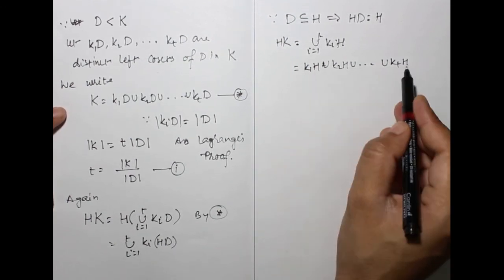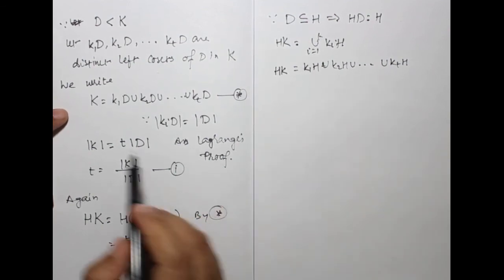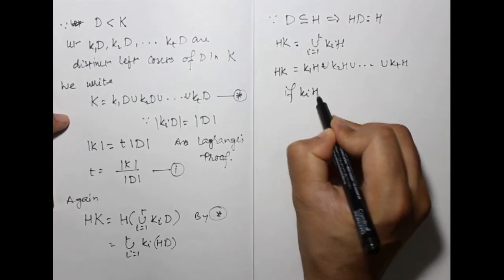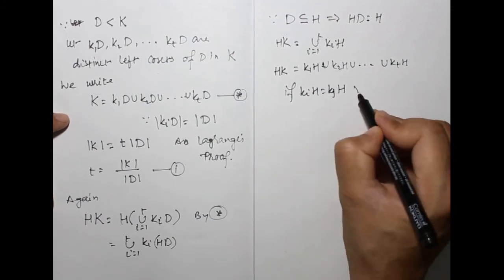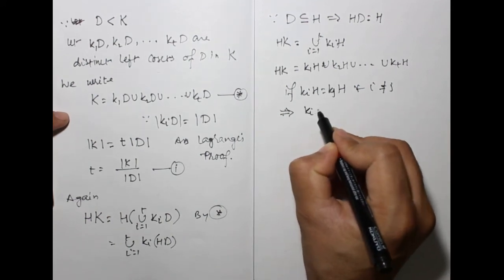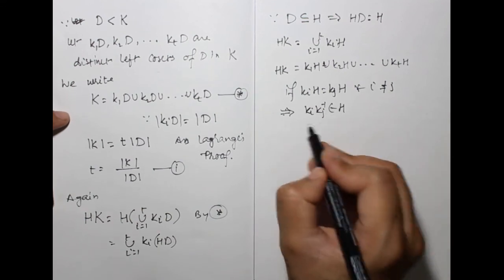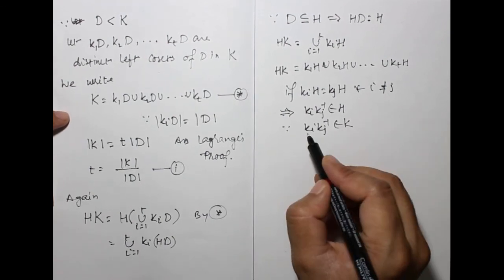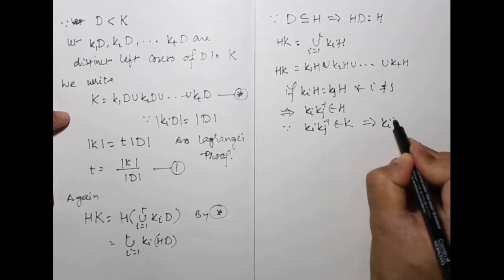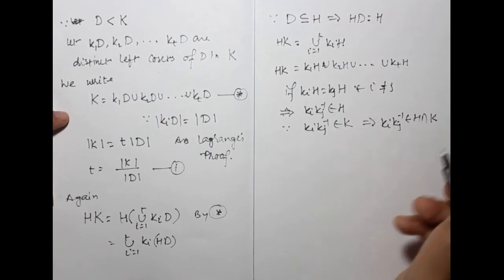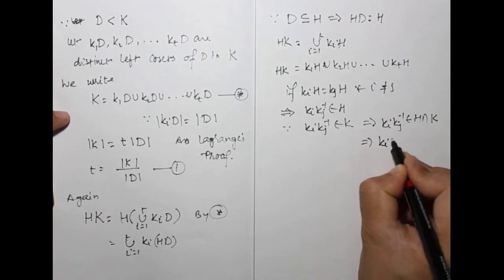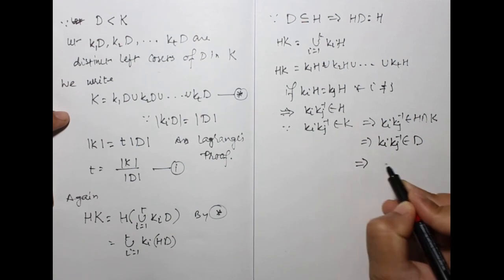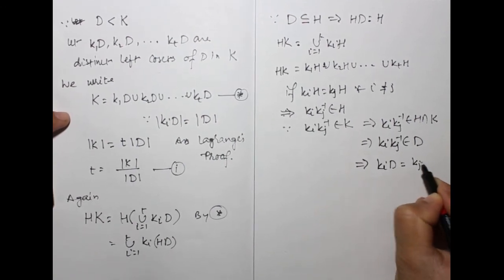These cosets are distinct, then we can write this type. Now if K_i H equals K_j H, it implies K_i K_j inverse belongs to H by property. Now since K_i K_j inverse also belongs to K, since these are elements of K, it can be written as K_i K_j inverse belongs to H intersection K, which is D. If this belongs to D, then we can write K_i D equals K_j D,